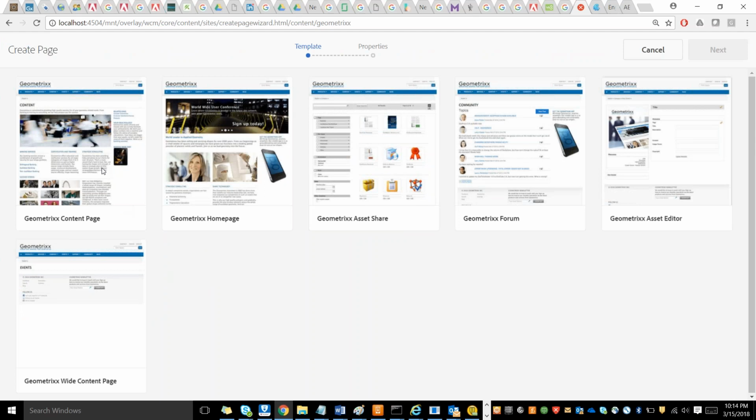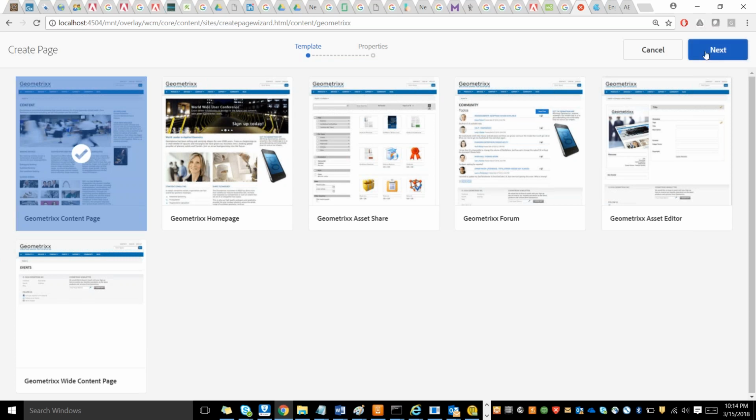Let's say I choose geometrics. If I use content page, it will give me this kind of layout. If I use asset share, it will give me this kind of layout. If I use geometrics forum, it will give me this kind of layout. So every template points to some kind of structure, as somebody told me, the initial structure. Now if I say next,